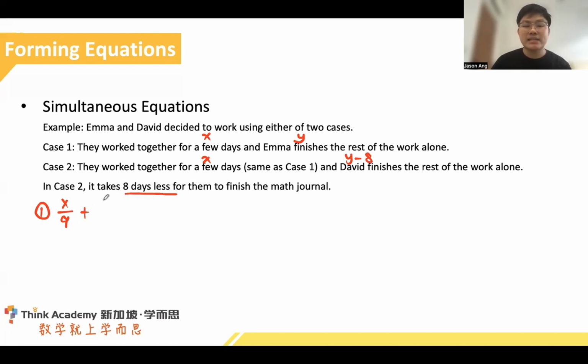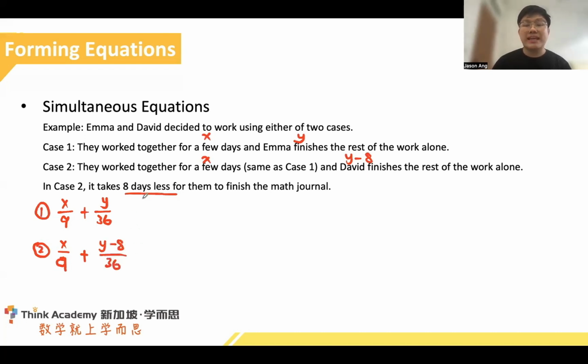But in the second part, we have Y over 36, because Emma would require many days to finish the work. In case 2, they work together again for the same few days, X over 9. But for the second part, because David uses 8 fewer days, it will be Y minus 8 over